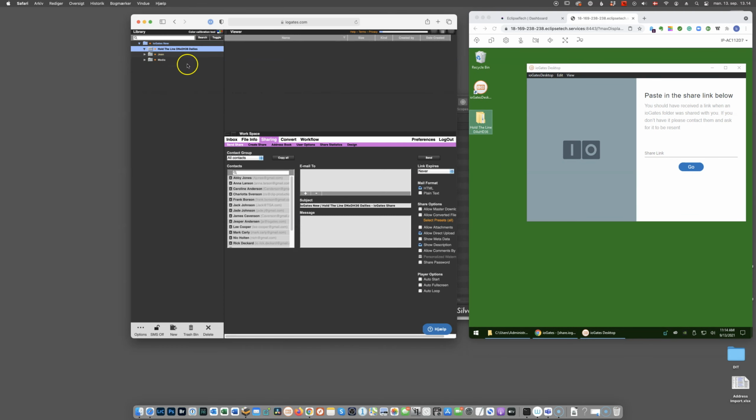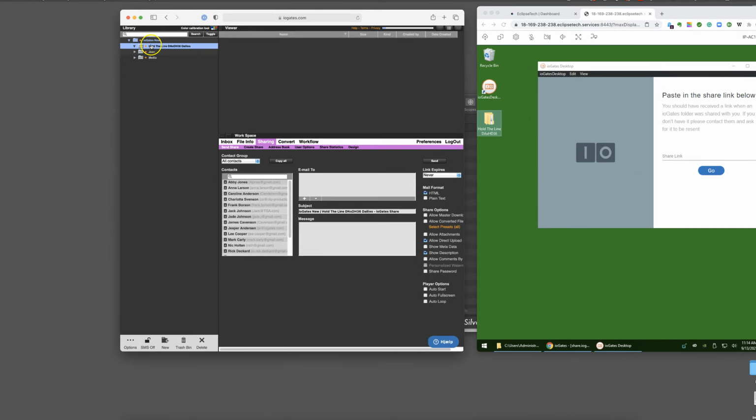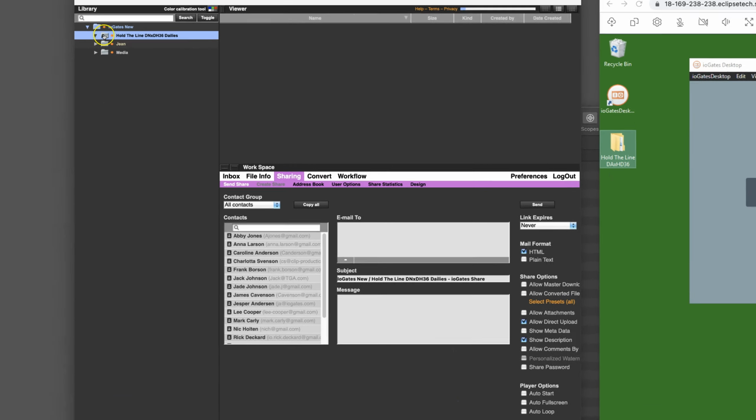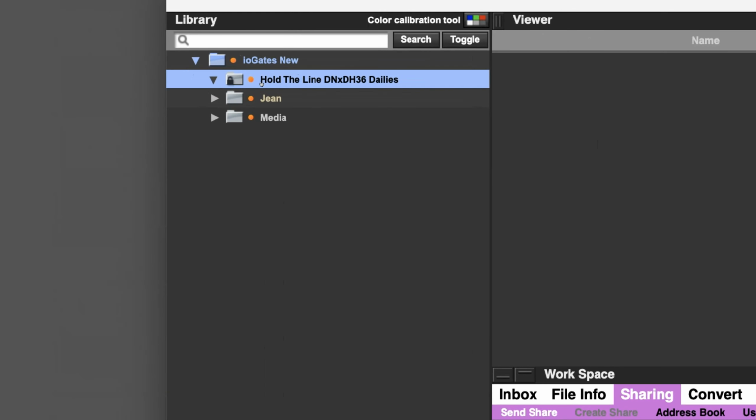So I go into Irrigates here and select the Hold the Line folder here. We would like to link it with two-factor authentication for extra security. So I select the folder and select the icon down here. That will create a lock on the folder, meaning that any access to this folder now requires a two-factor authentication. So I'm gonna